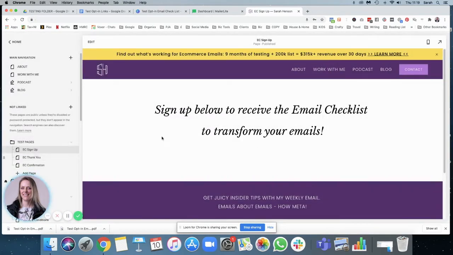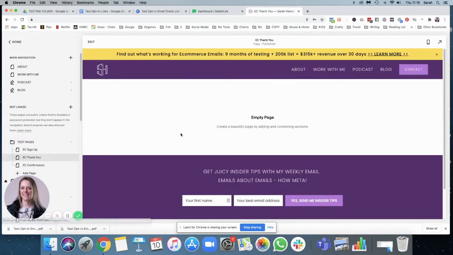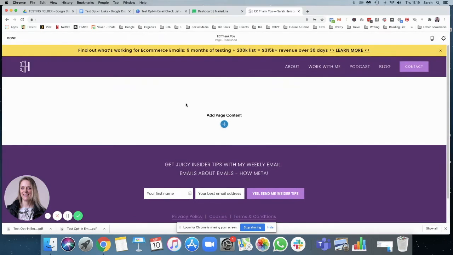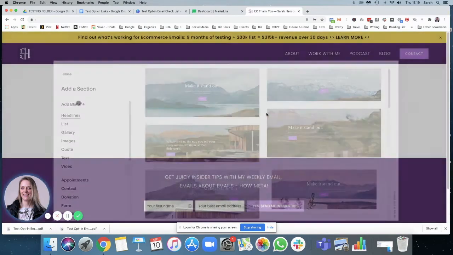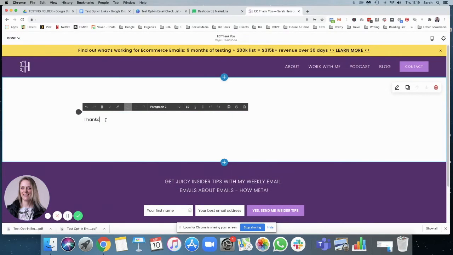the thank you page. So when someone opts in, they automatically get sent to the thank you page to say, thanks for signing up. Go check your email. If you're doing the double opt-in, go check your email to confirm your email address. So we'll do exactly the same. Thanks for